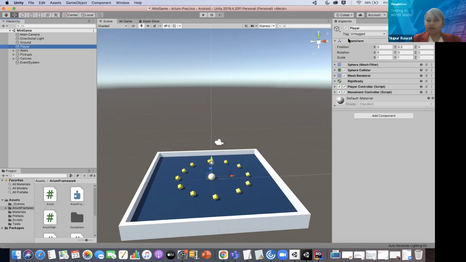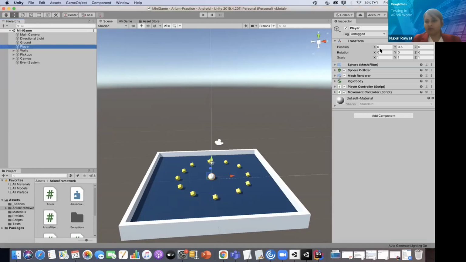What you have to understand here is the transform property of the player. We will not move into all the properties. We are just concerned about this property here. Why transform property? Because it will give you the position, rotation, and scale. Position means initially the ball is placed at 0, 0.5, and 0. These are the x, y, z coordinates of the ball.